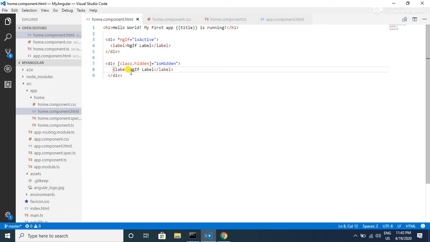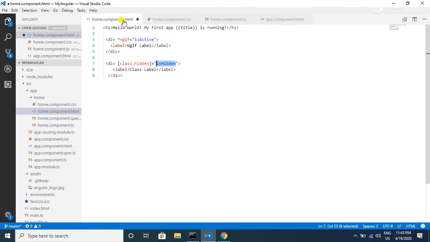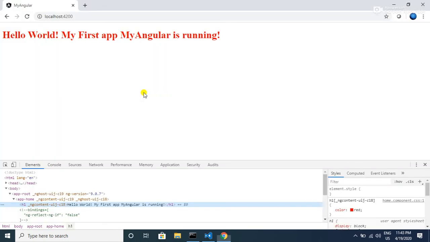and let me also change the label name as class label. And if you see here, we are adding this hidden class because isHidden is true. So with this, we will be hiding this div element from the UI, and let's go to the browser and see.